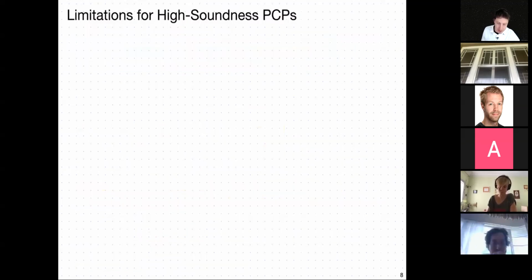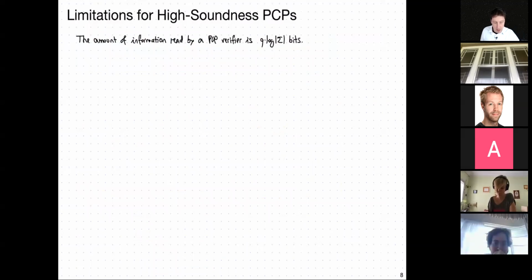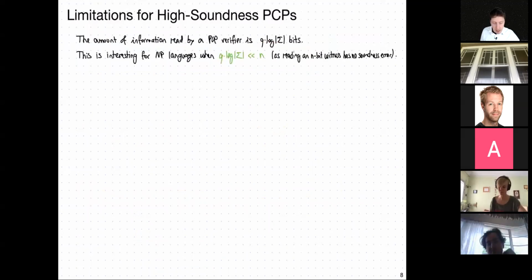Okay. So the amount of information that is read by a PCP verifier is Q log sigma bits, right? That's what it does. In particular, we should be thinking that we want to impose limitations in a regime where Q log sigma is much less than n. Otherwise,